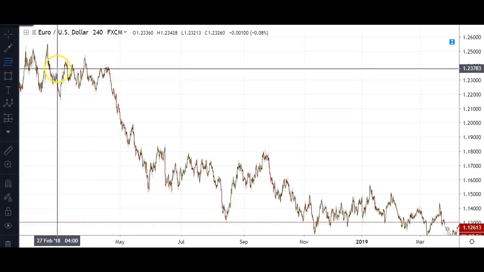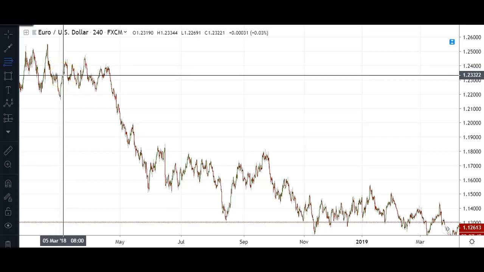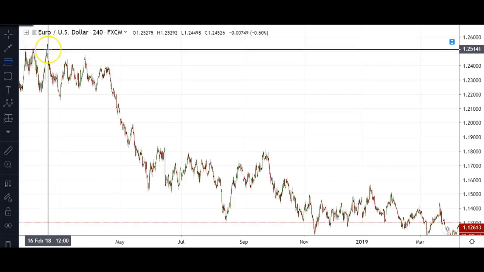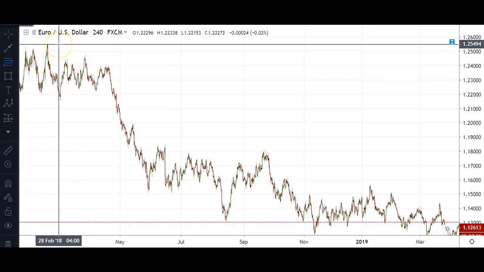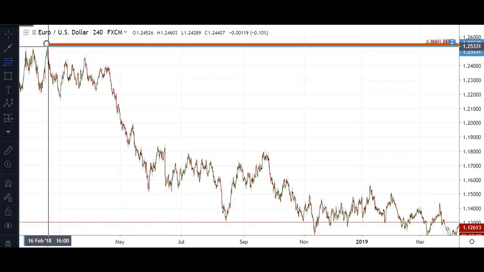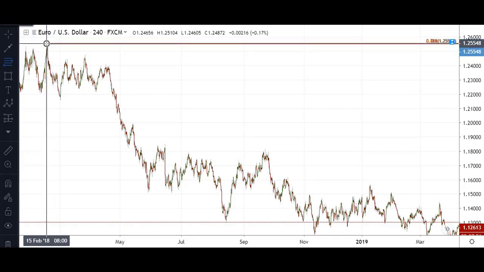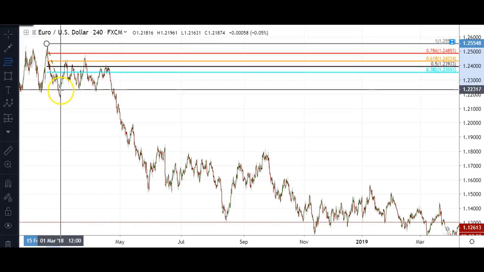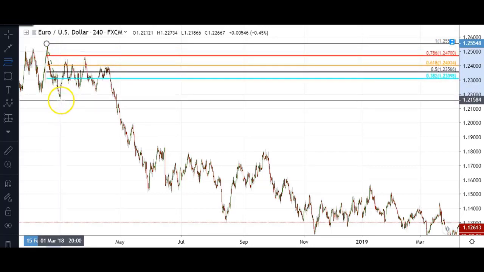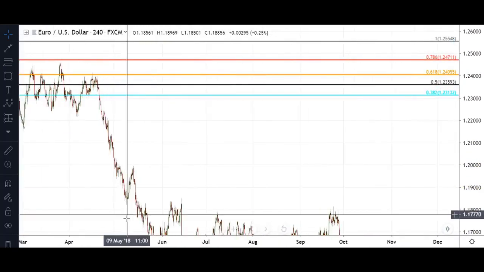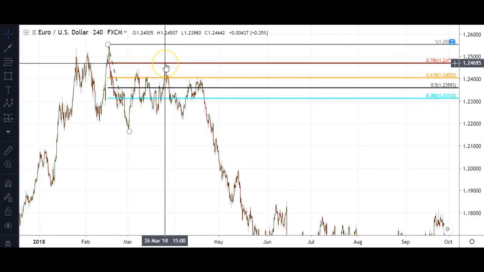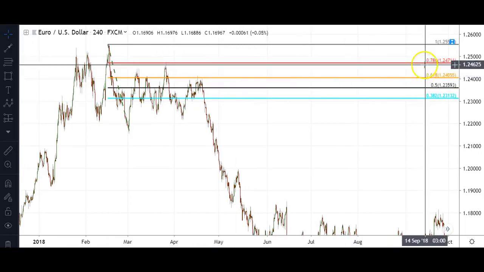In this case, we're going to see how fib retracements provided resistance levels during the extended downtrend on the Euro-US dollar that started in around, when was this? February 2018. So how traders most commonly do this is that they will first connect their fib tool to, let's say in this case, the highest high in 2018, followed by a drop down to this low over here. And one can immediately see that when there was a pull up higher, that price stopped in its track, found resistance at the 0.786